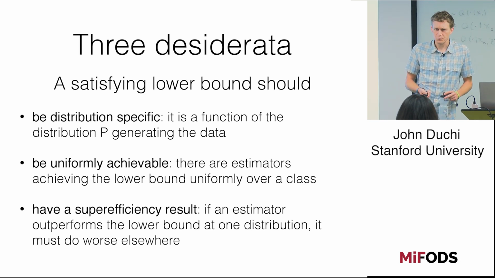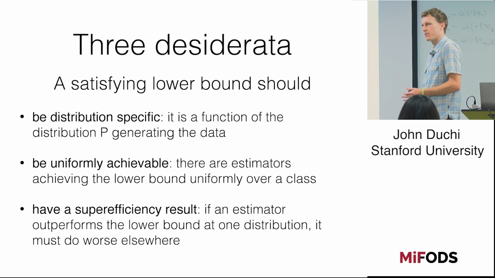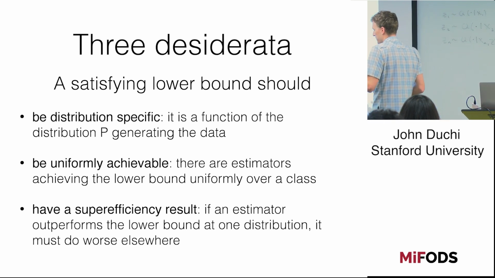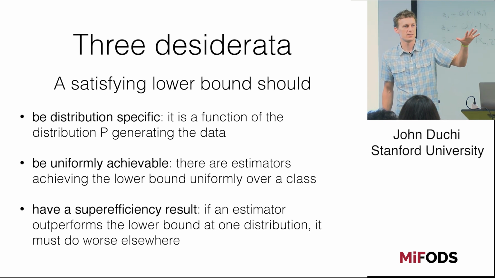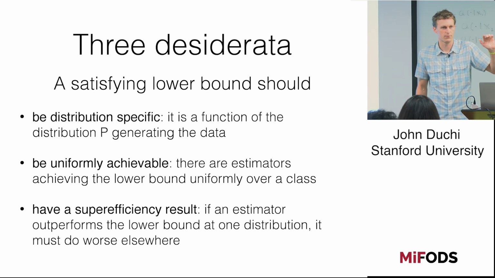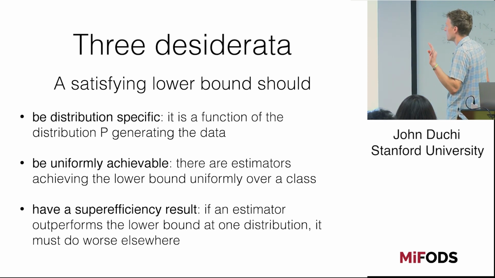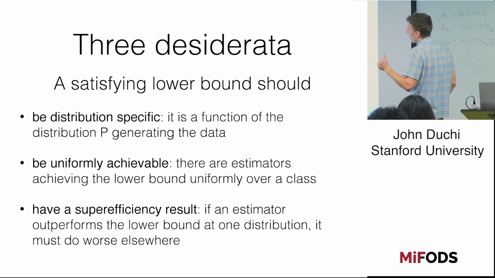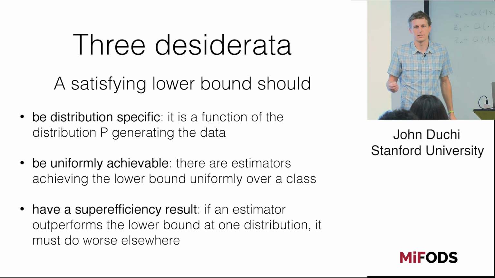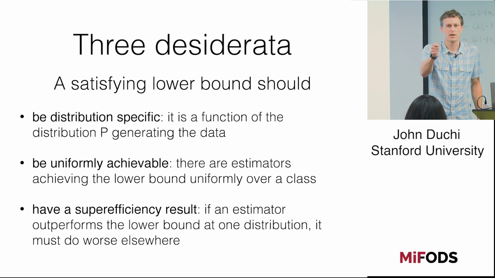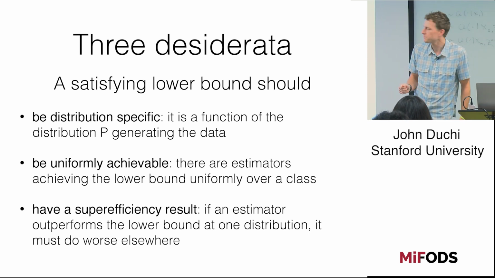All right, so let's talk about this. If I tell you I'm going to derive some lower bounds on the possible quality of estimators, or some kind of optimality results, how do we know that we've got a fully satisfying guarantee or a fully satisfying lower bound? I would postulate that there are basically 3 desiderata you want. Number 1, it should be distribution specific or instance specific. So whatever population you have, whatever actual problem you have, you're measuring the difficulty of that problem.